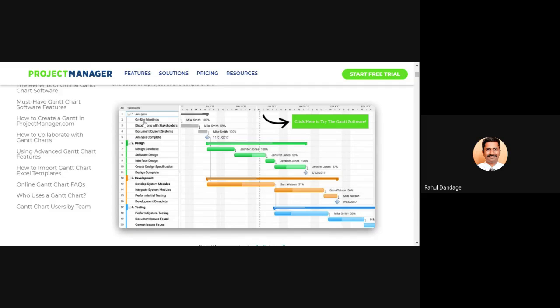At the beginning, you can see on-site meeting, discussion with the stakeholders, document current systems, analysis is completed. So that is your first phase, that is analysis phase. So this particular project, which is shown over here, it is having analysis, design, development, and testing. These are the 5 phases. And these 5 phases, if you go for the details which have been mentioned, then you can see